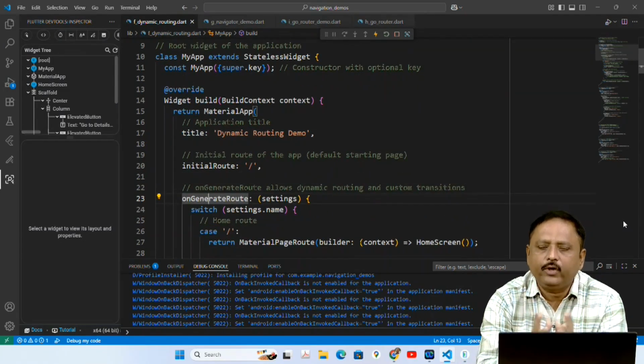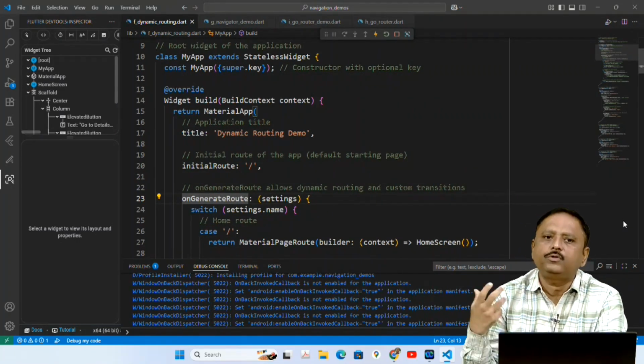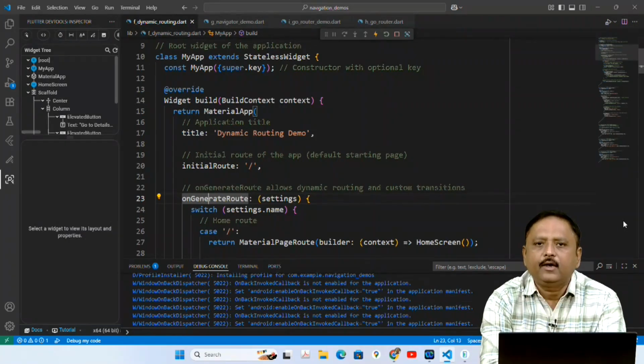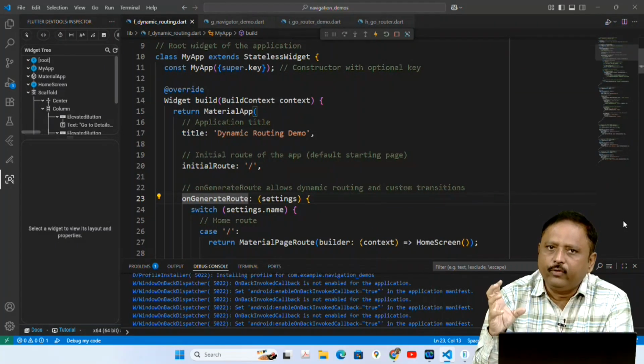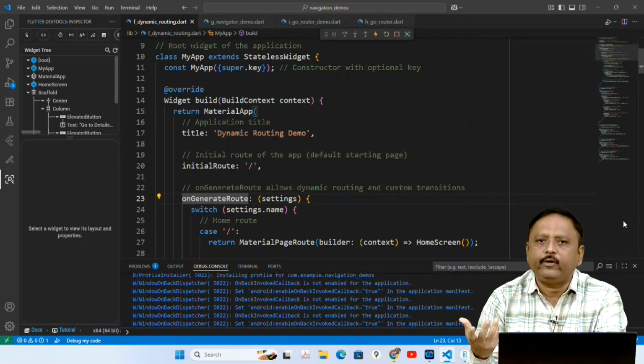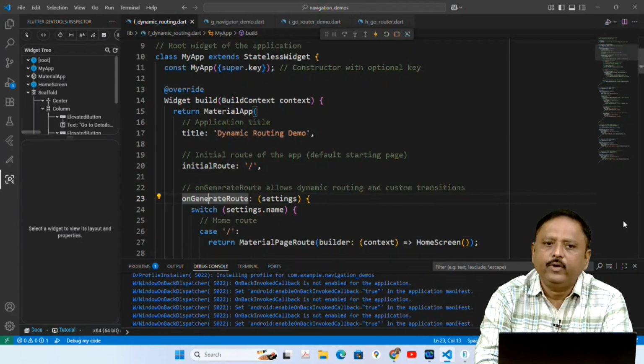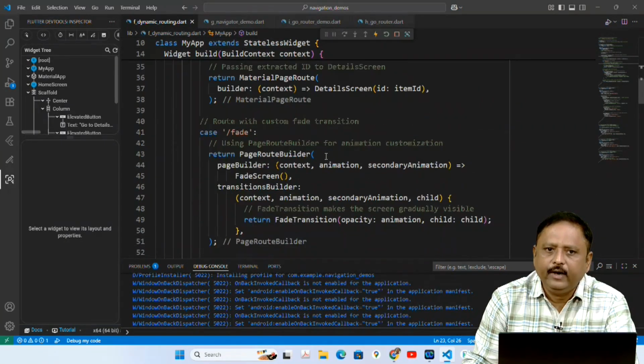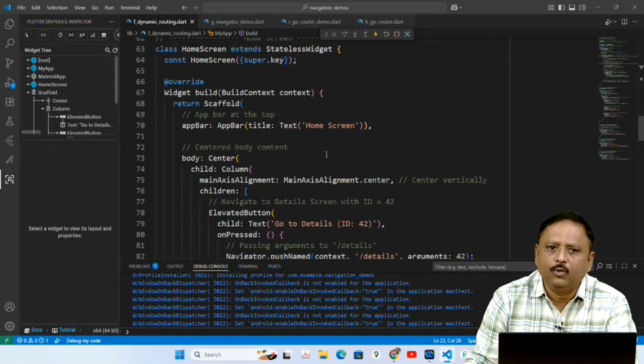Instead of routes, here we have used onGenerateRoute, which allows dynamic routing and custom transitions. So instead of routes, we have to use onGenerateRoute for dynamic routing. Let us first go to this home screen.